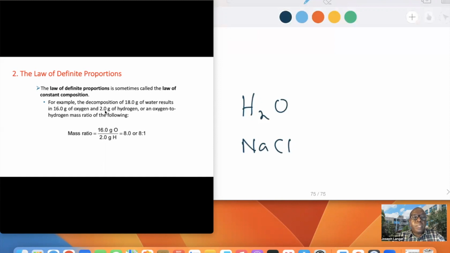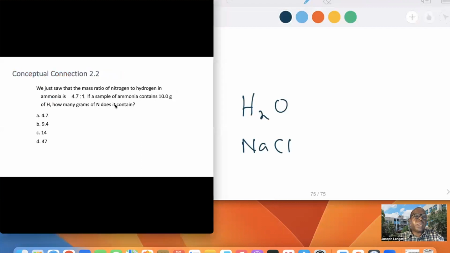For example, the decomposition of H2O: we have 18.0 grams of H2O breaking down into oxygen and hydrogen. Look at the mass of oxygen and the mass of hydrogen. The ratio of the two elements in the compound is a whole number ratio. This is the law of definite composition. Please be well-rounded so that when you are given a problem, such as this one,